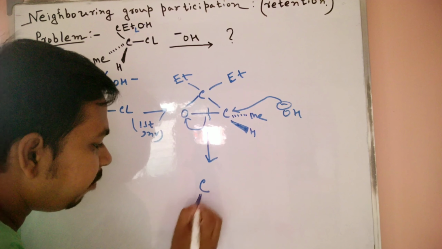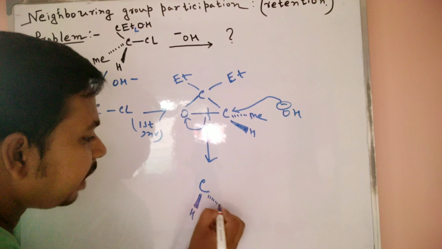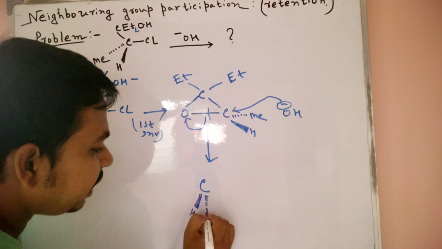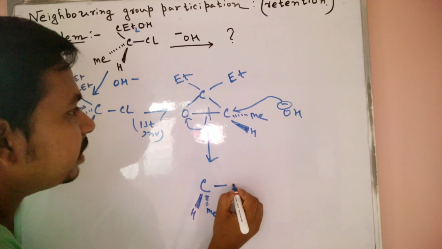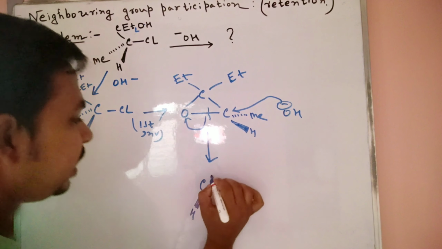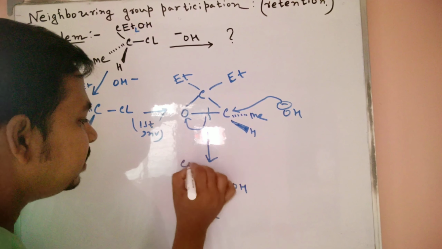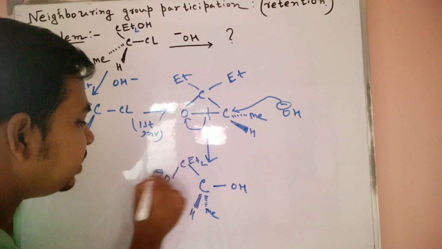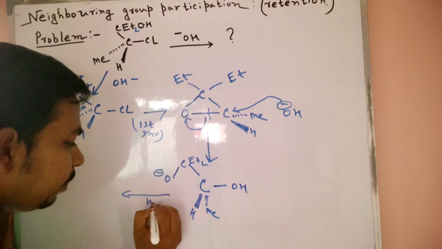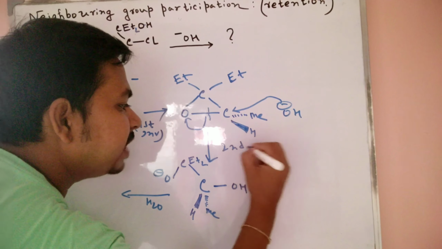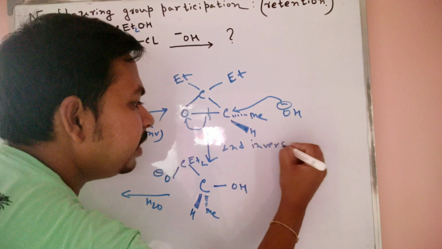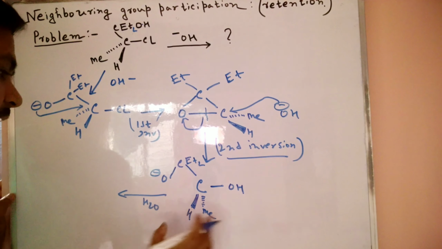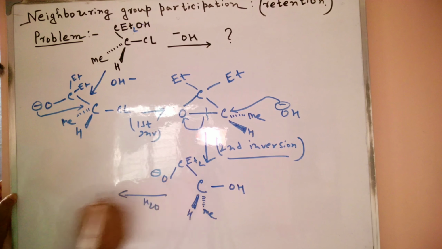So the inverted product has hydrogen upside and methyl downside, and OH attacks from this side, and here the O minus is present. So in presence of water, this one is the second inversion,